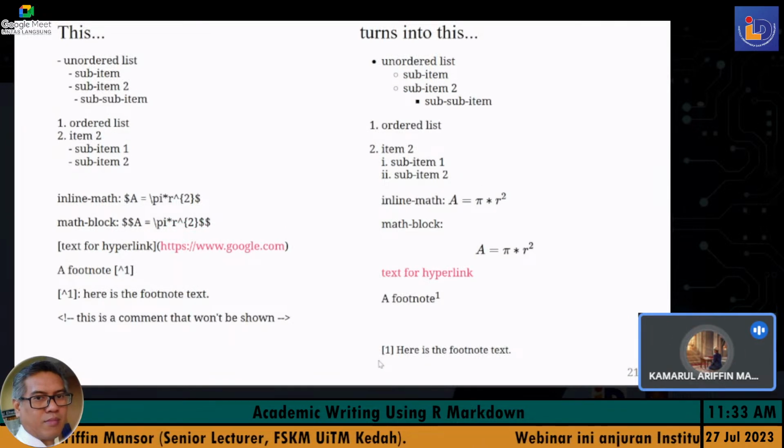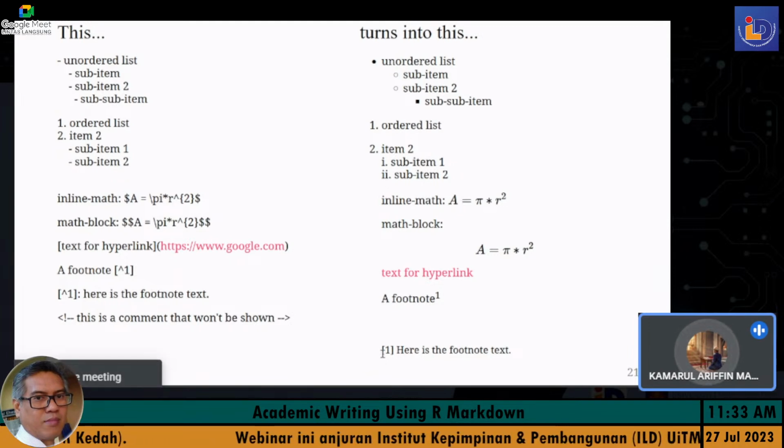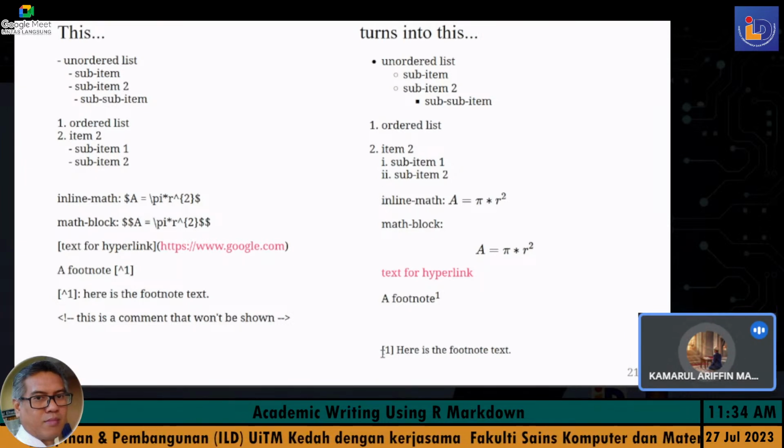If you want to write something as a comment and you don't want it to appear in your document, it's just something that gives you a reminder in your R Markdown document of what you are doing, but you don't want it to be displayed in your final document, just wrap the text like this. You have less than, and then this is what